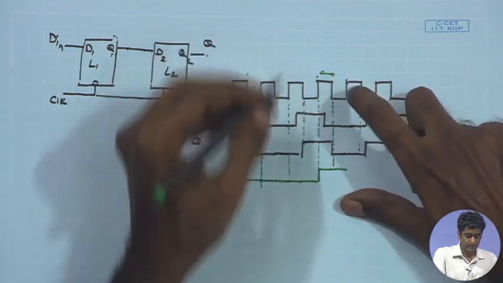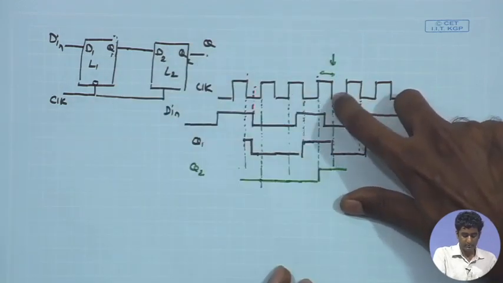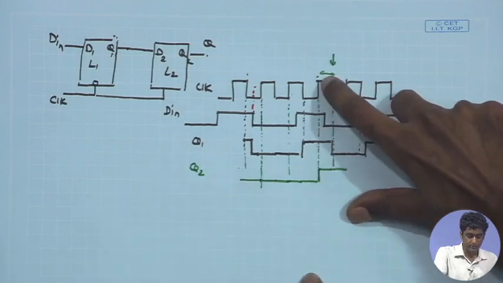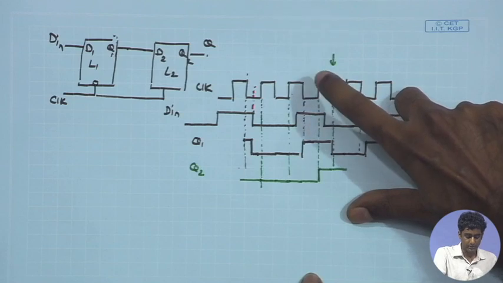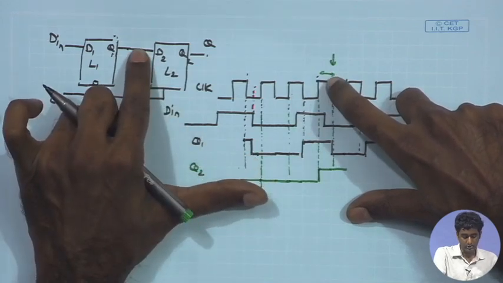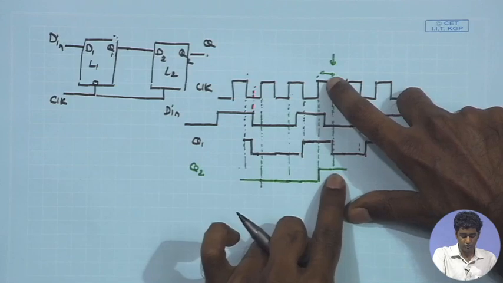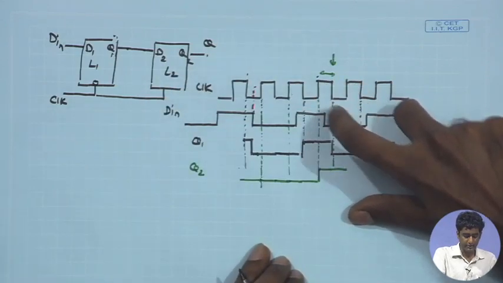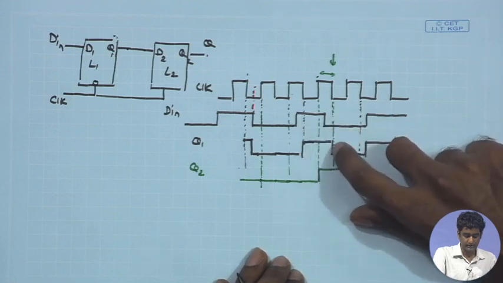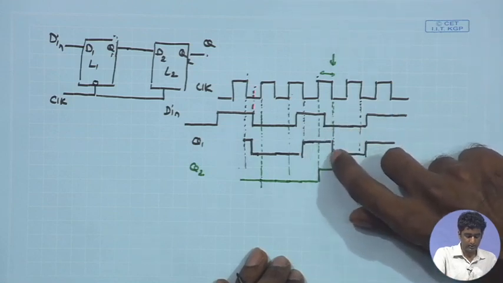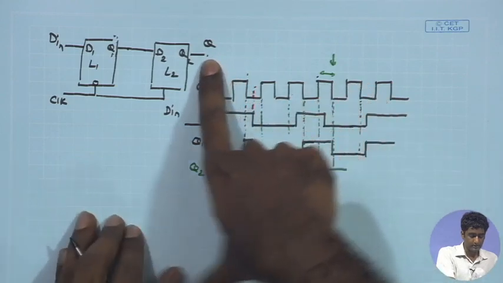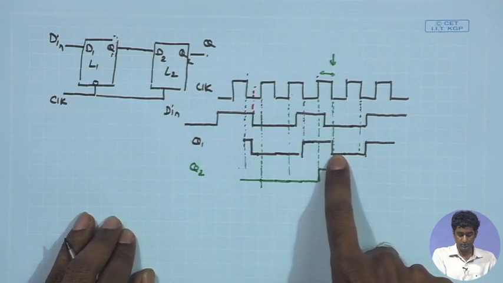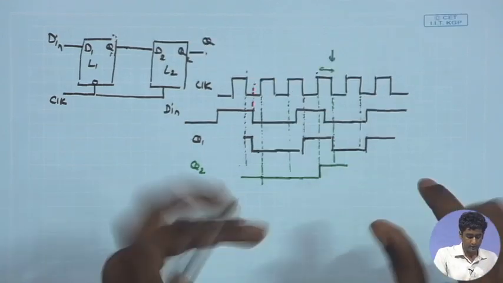So, here we are seeing that at this particular time instance, the clock phase has gone low. Immediately before that, whatever data was available at the input of L2 will be retained at the output Q2. So, although just after this clock edge Q1 has changed its level, Q2 will retain the input which was available just before the falling edge of the clock. Because if I magnify this instance for Q1,